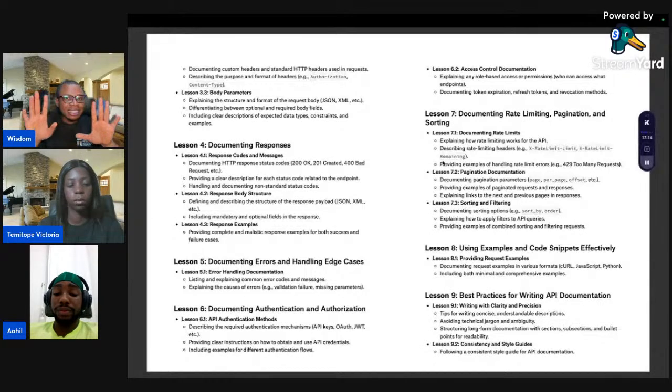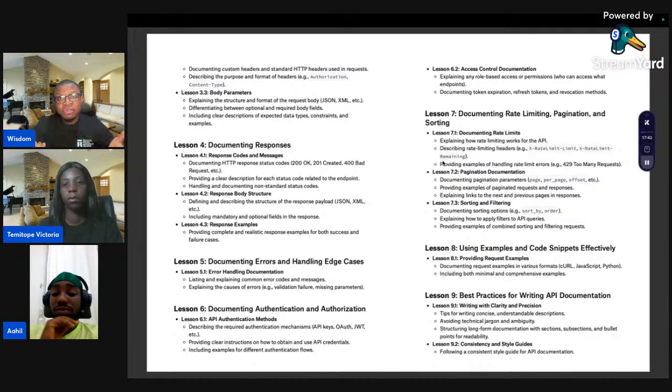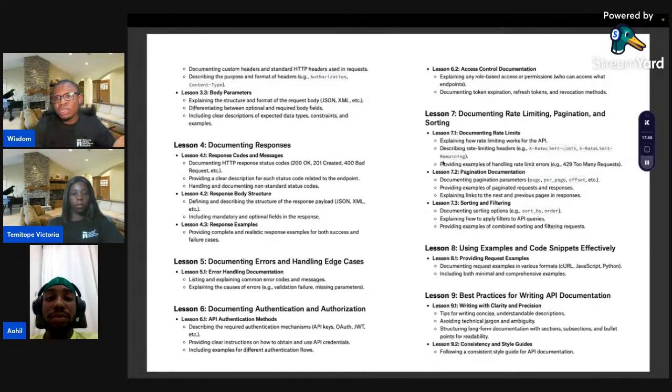So, okay, this is the example response, and this is what I would likely get, something similar to this. If I get something outside this, it's wrong, because sometimes developers will put an error code with 200. Yes, you're seeing 200, but the response you're getting is not the right response. So we're going to tell you why you should document responses in your API documentation, then how to structure that, document error codes and handle edge cases, and document authentication and authorization. If you need someone to get access to something before they can use your API, you need to explain that. If not, people get confused.